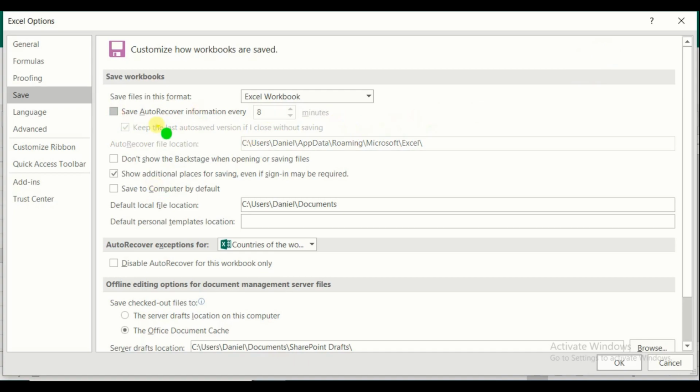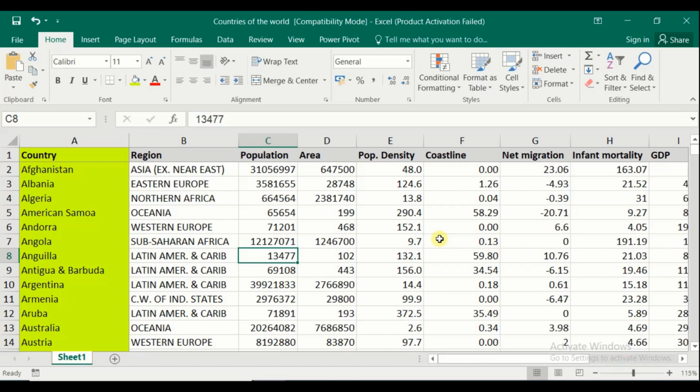At this stage, you need to enable this option by checking the box here. Then bring down the minutes from 8 or any other value to 1 minute. One minute means the system will automatically save the data and create a file in this location. First enable this option and click OK to save. Now the system will automatically save every 1 minute.